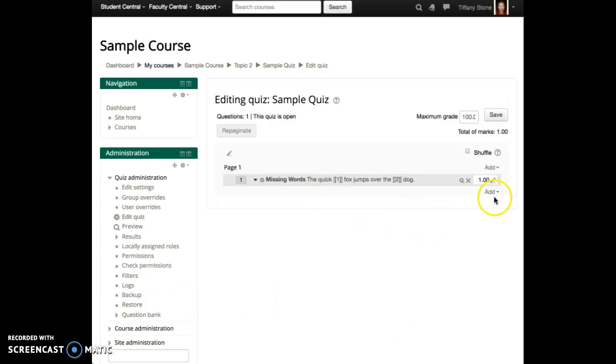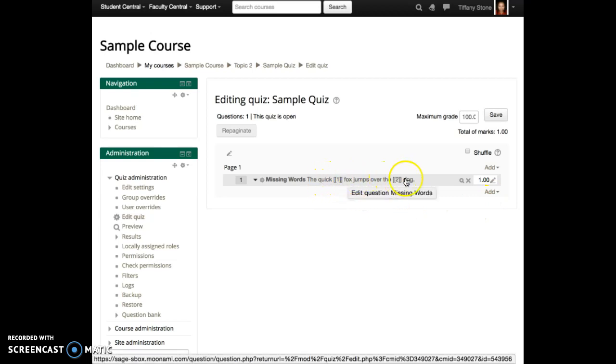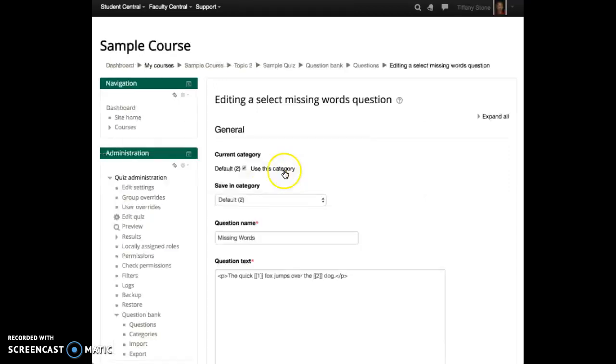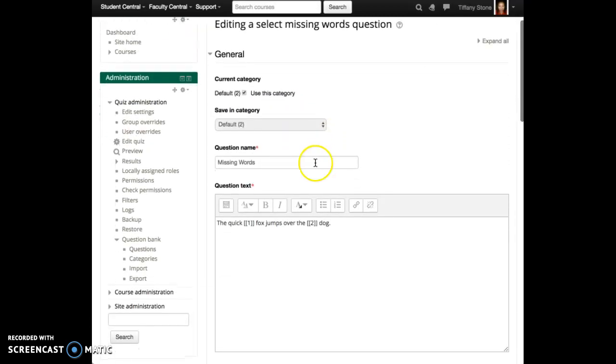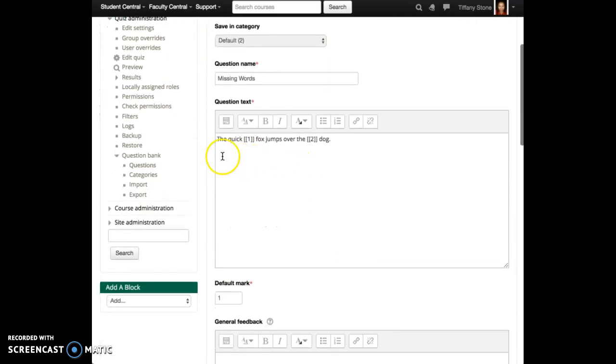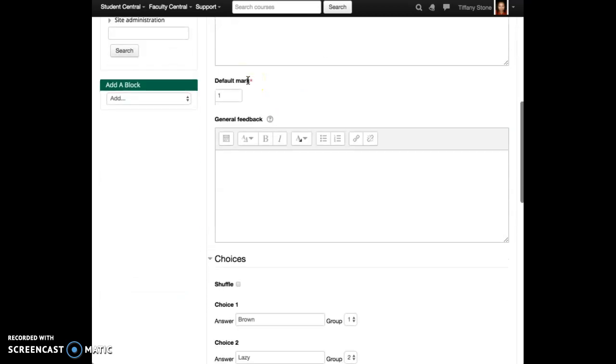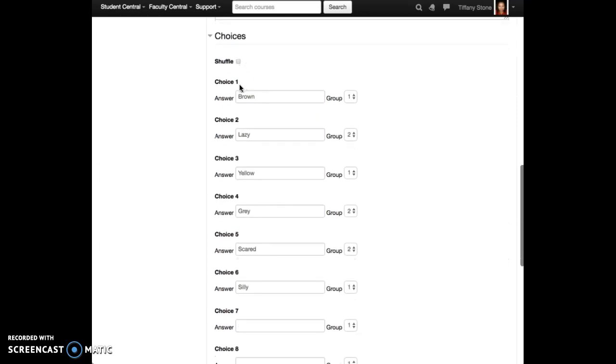So I have one question set up in here, and you can see this is the text that I would use. If we click into the gearbox, we can see how it's set up. Here we'll choose the question name, and then here we'll add the text, and where you'd like the student to guess, you're going to put 2 brackets on each side and number the word,